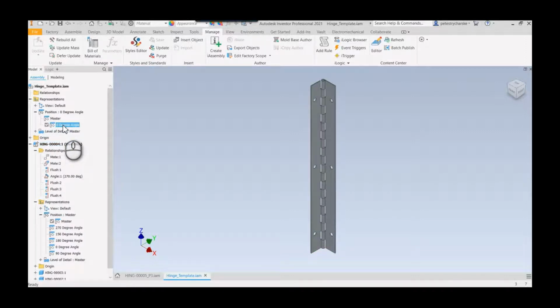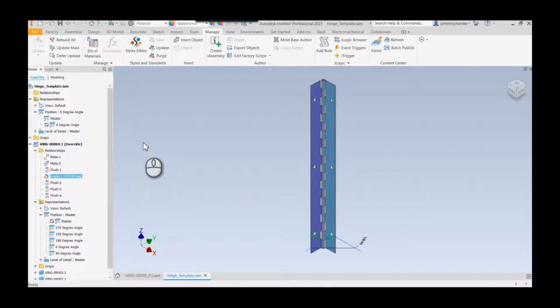Normally when you create a positional rep, you're changing some aspect of the design, usually some constraint. So for example, I want to manipulate this angle to be 0 degrees, but it's not possible in the positional rep to reach inside of the subassemblies, at least not all of the relationships, and be able to manipulate them. So what I would normally do at the hinge 4 level, I actually can't do at the hinge upper level, this template level. So the next best thing in my view, and even more flexible, is to actually link up